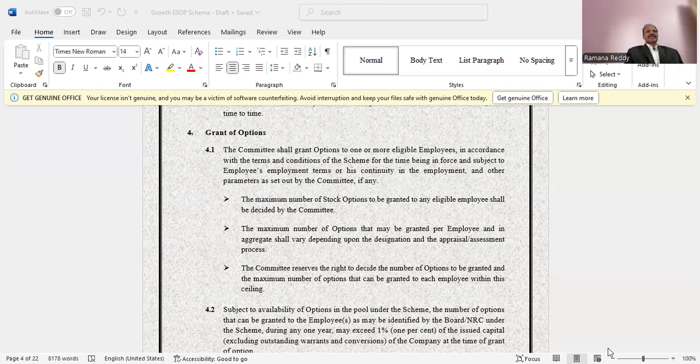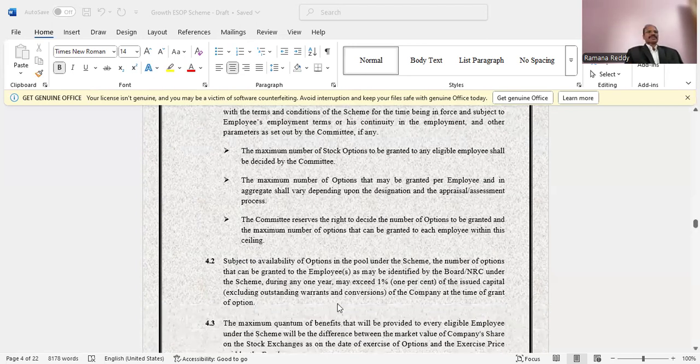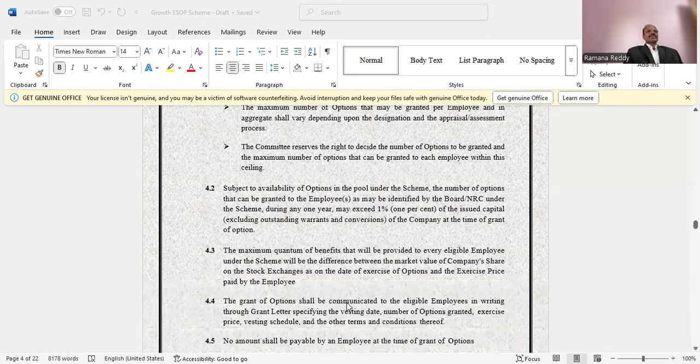So the maximum options that may be granted per employee and in aggregate shall vary depending upon the designation and appraisal assessment process. The committee reserves the right to decide the number of options to be granted and the maximum number of options that can be granted to each employee within this ceiling. So subject to availability of options in the pool under the scheme, the number of options that can be granted to the